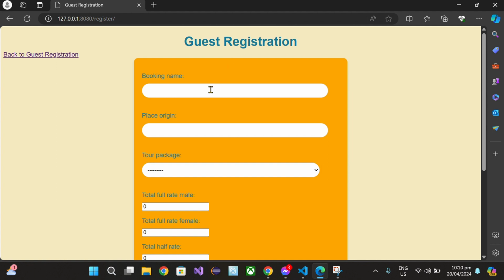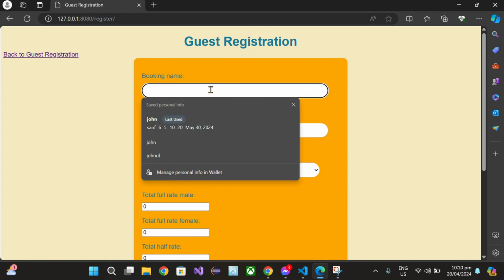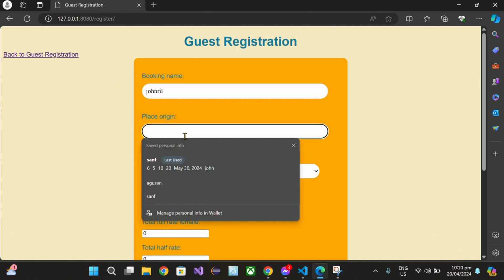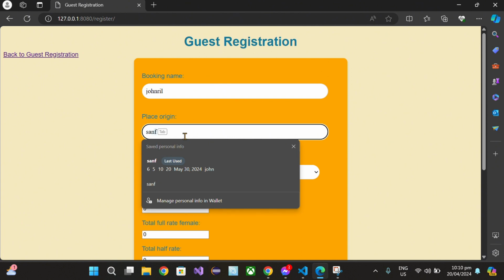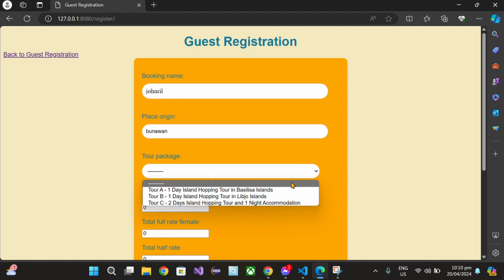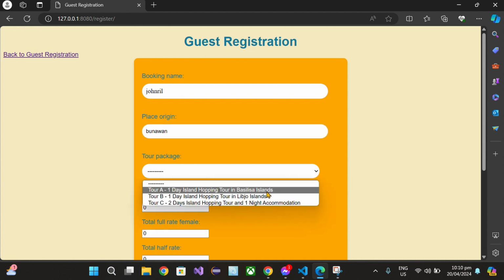First, going to input a name, for example, Janril. Then origin is from San Bunawan, and then day island hopping.